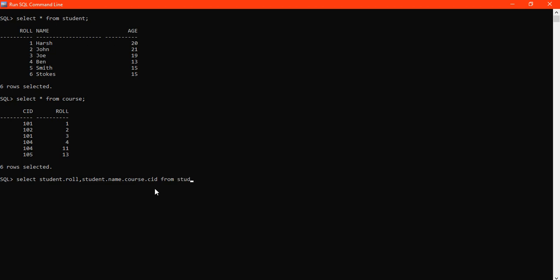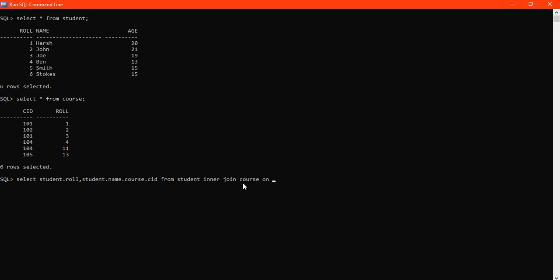Select this information from the first table name, that is student. Then use the keyword join, but here I am using inner join, so I will write the inner join keyword. From the first table name, inner join means join it with another table called course. Then you have to give some condition on the common column when you are using any type of join: inner join, full join, left join or right join. For natural join you do not need to specify any condition, it automatically takes the common column name.